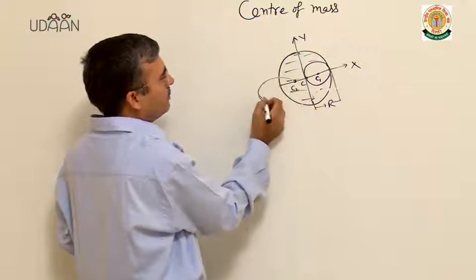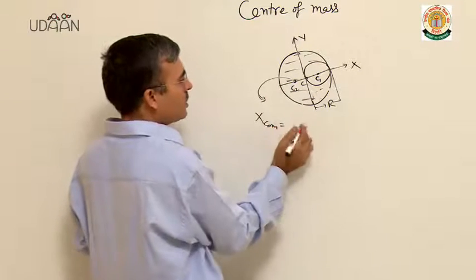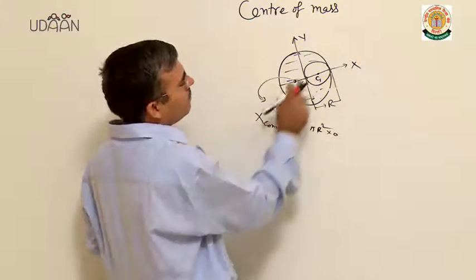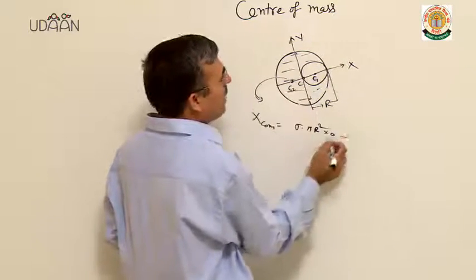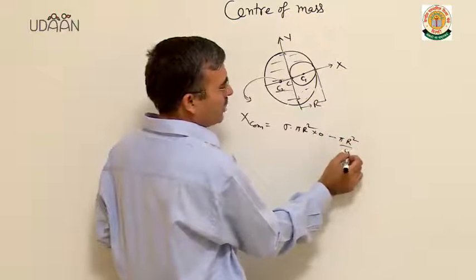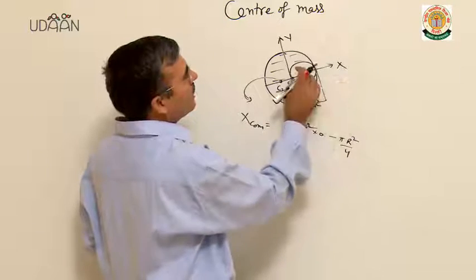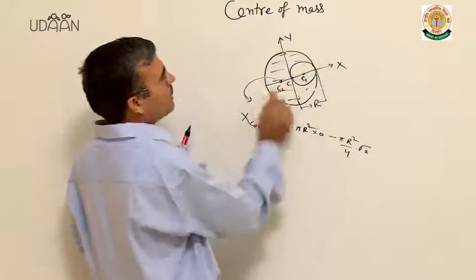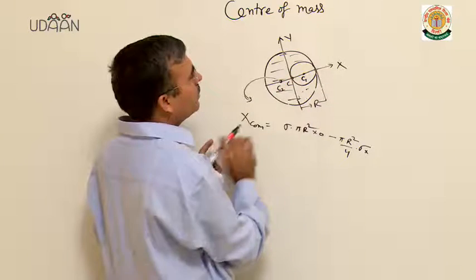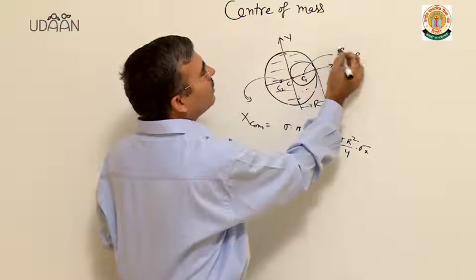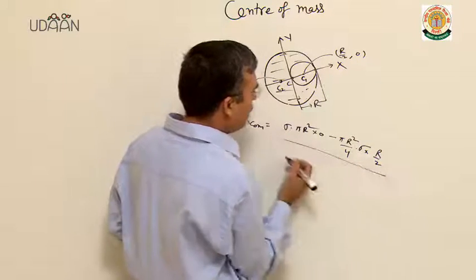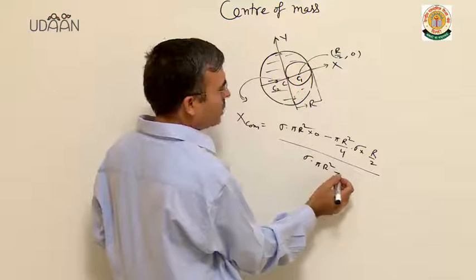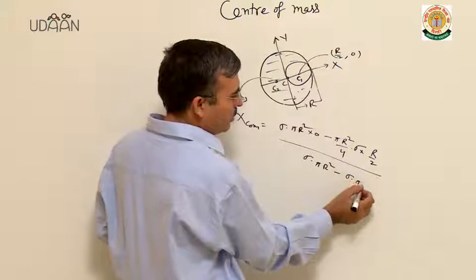X com of the residual part will be total mass sigma into area of the complete disc into 0 because I have taken origin, so minus pi into r square by 4, the removed part radius r by 2, into sigma into its coordinate of center of mass, x coordinate with respect to C. Clearly it is r by 2, it is r by 2, 0, divided by sigma pi r square, total mass of the body, minus mass of the removed part, sigma into pi